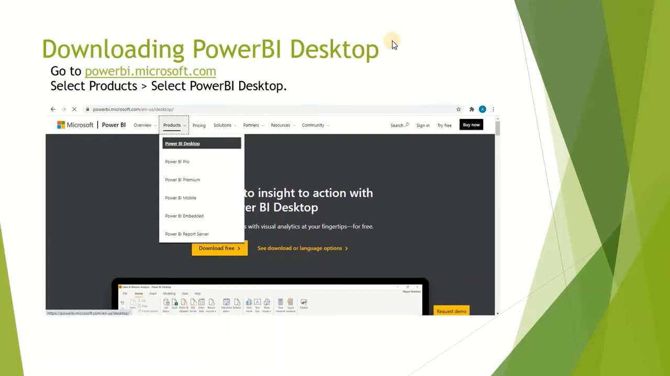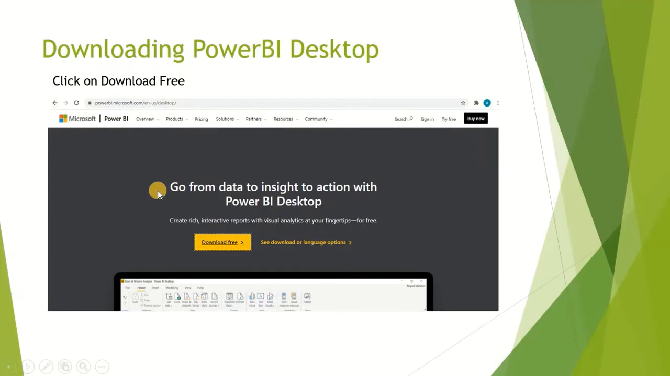So today we're going to talk about how to install Power BI Desktop. To get started with Power BI, click on the link in this slide, which will be attached in the downloadable section. Once you have entered this page, click on Products, then select Power BI Desktop, and once we are in, click on the yellow Download Free button here,